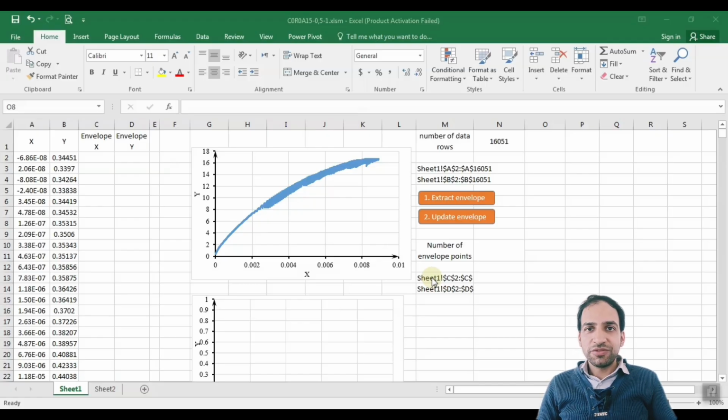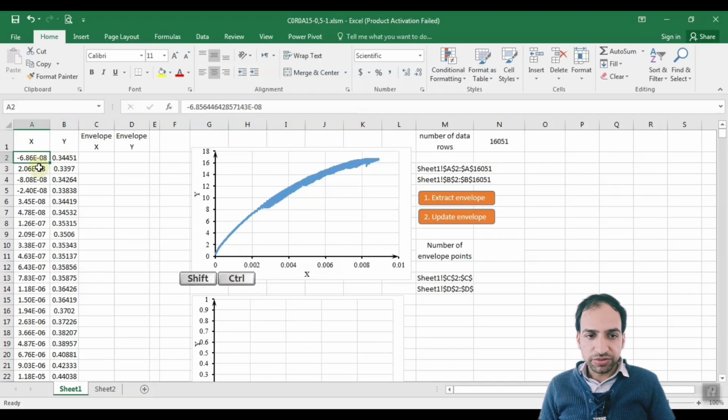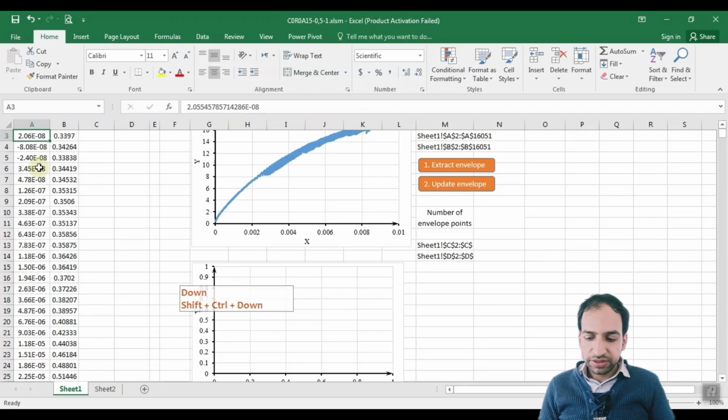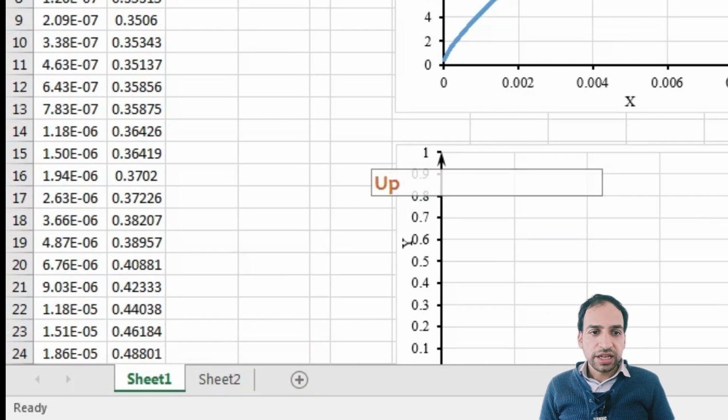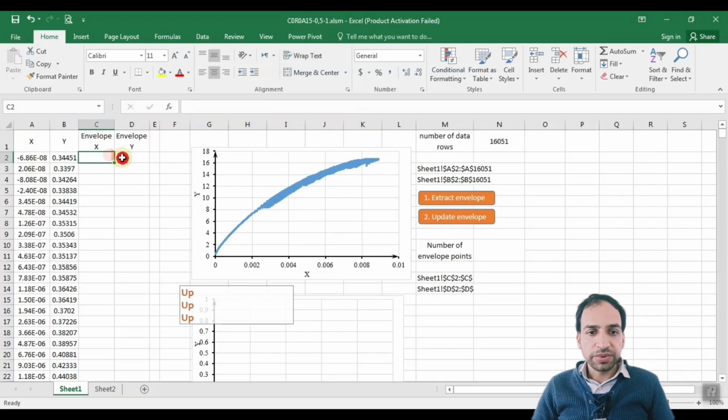So if you already have X and Y sets of data, you can copy your data into the file that I have attached in the description of this video and apply this code, and you can easily obtain the envelope curve of your data. Here I have entered some X and Y values, and you can see that the number of values is big enough. Around 16,000 numbers are entered in this file, and now I want to obtain the envelope X and envelope Y